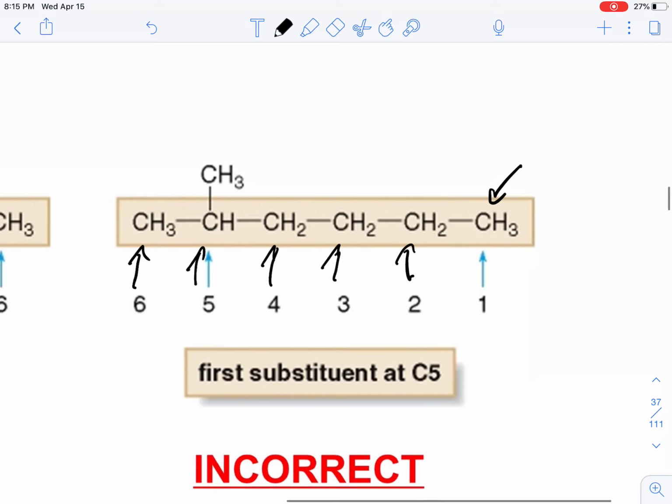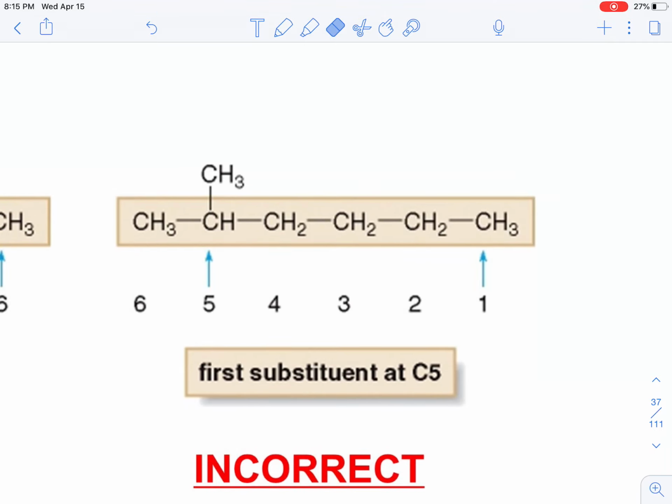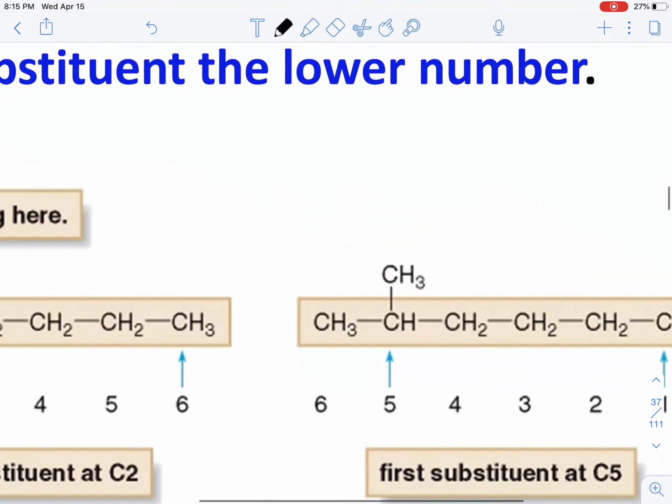Or I can number this carbon as 1, 2, 3, 4, 5, 6. Now, since there are different ways of numbering the carbons for this specific example, rule number 2 or